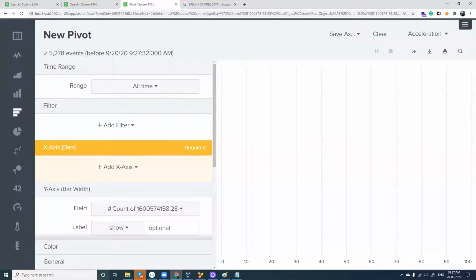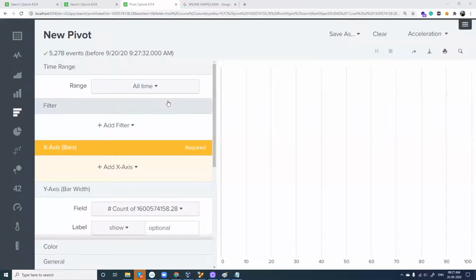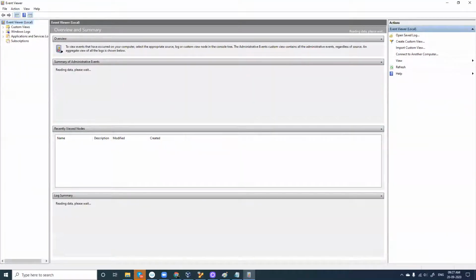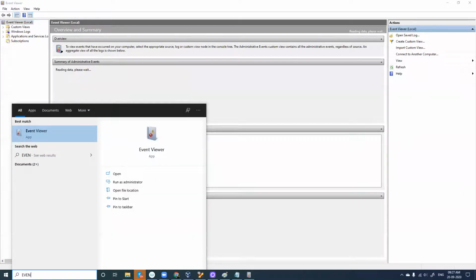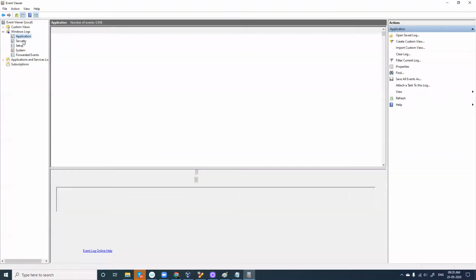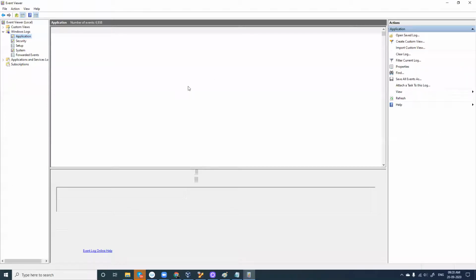In your PC where this data is located, you can go to Event Viewer, and in Event Viewer you will probably have logs like this. See, I've typed Event Viewer here, and when you open this, you will have Windows logs, application logs, security logs, a lot of logs, but sometimes it will be tough for you to analyze all the logs from the default Windows application.